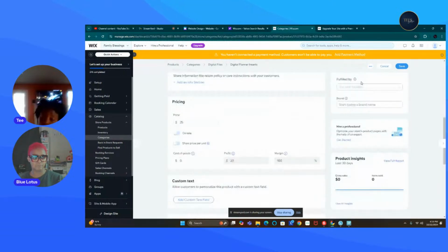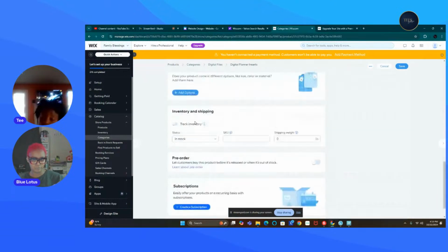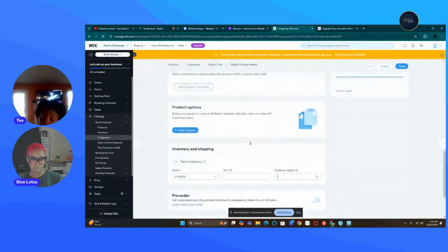The brand, who fulfilled it, all of those good things. Custom text, product options. So say you were doing a rhinestone design and you had it in SS6 and SS10, you wouldn't necessarily have to list it twice. You could just hit add option and do the version. I don't pay for this part of the digital design because I have that business plan. So when I go to add options, I just click here and I put SS6 and I'll put SS10. But now if your SS6 design costs a little more than your SS10, of course, don't even use this option,